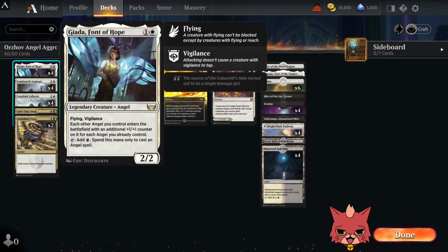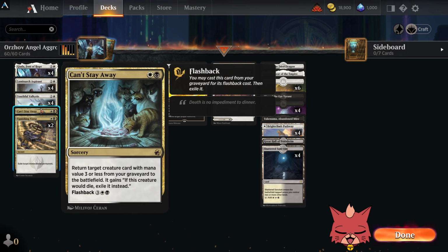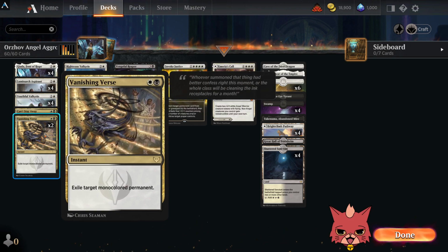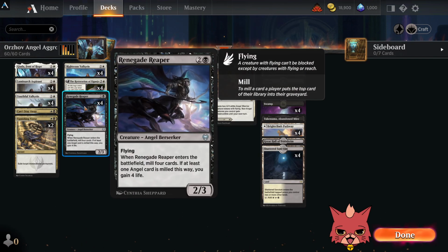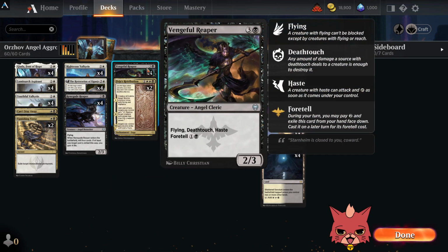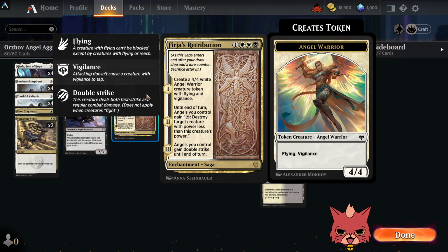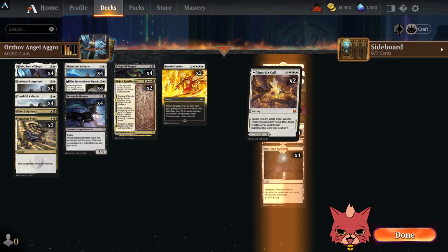What do we got in the build here? We got 4 Giadas, 4 Luminarch Aspirants, 4 Youthful Valkyries, a single Can't Stay Away, which I'll go over in a second, 2 Vanishing Verse, because apparently removal is important. We have 4 Righteous Valkyries, 4 Restoration of Eiganjo, and 4 Renegade Reapers. This is another card you might not see often, so I'll take a second to go over it after I go over the rest of the deck. We have 4 Vengeful Reapers, 2 Retributions, 2 Invoke Justice, and 2 Emeria's Calls, which I'm going to drop in